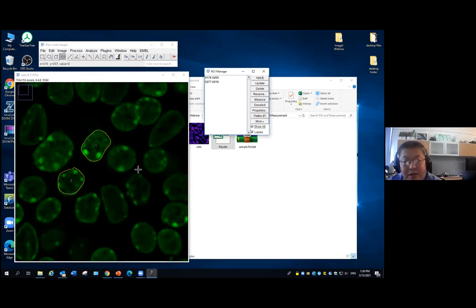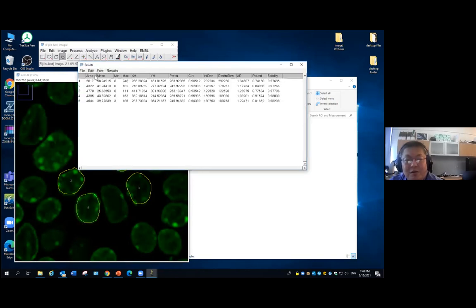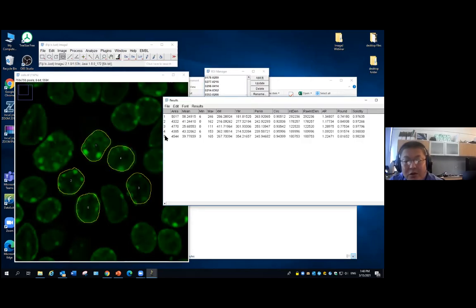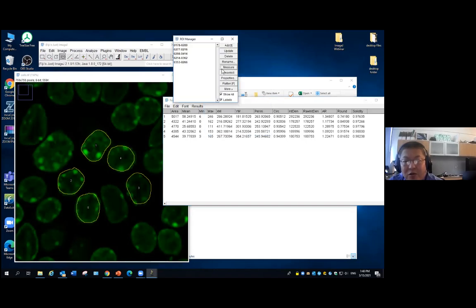So basically you can manually draw them. Let's say I draw 5 of them. I add it. I also draw this one. I have 5 cells, and I want to do the same measurement on all 5 cells. I just click the measure here. It will give you your result, 5 objects, 1, 2, 3, 4, 5, corresponding to the order